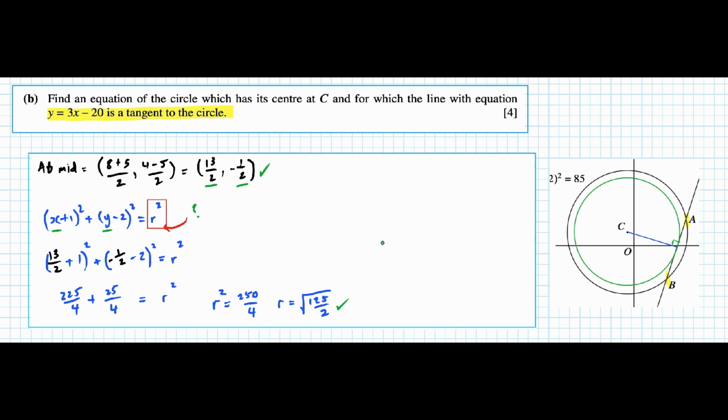So (x + 1)² + (y − 2)² is equal to 125 over 2. And that's question 6 completed. Next one is a